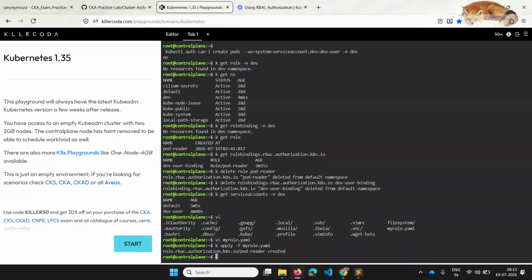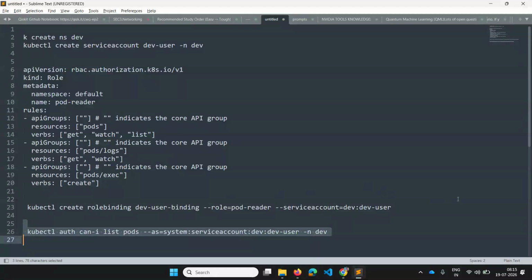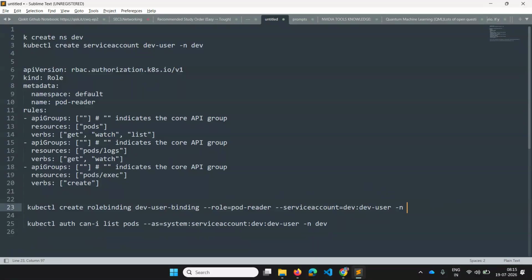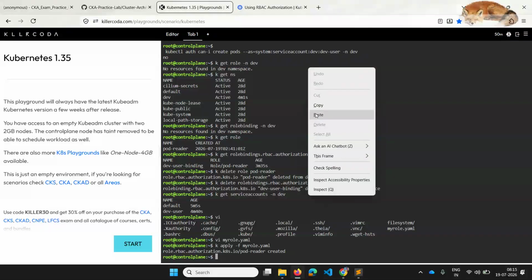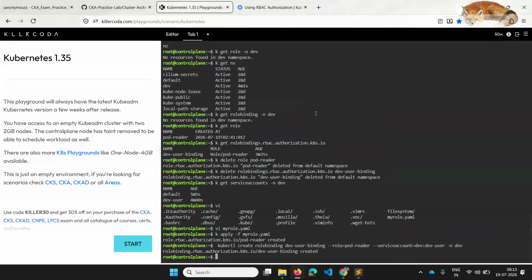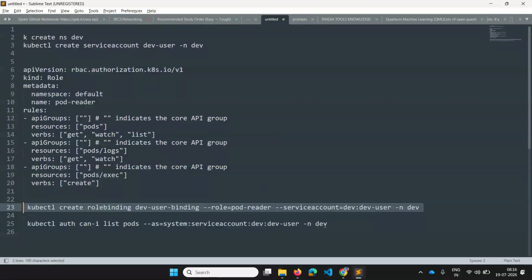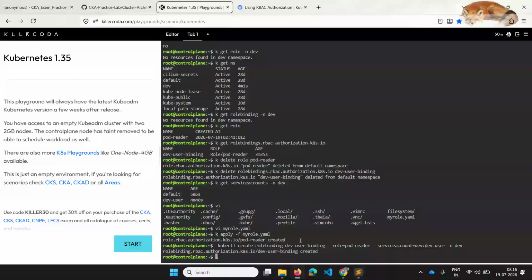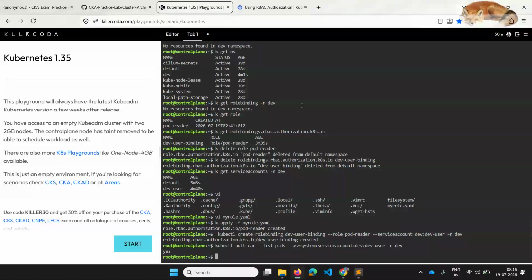And similarly, here in the role binding you need to put the namespace dev. Okay, so it is created. Previously it was giving no because it doesn't see any role or role binding in the namespace dev. Now if I try, I get yes. So this way you can verify.